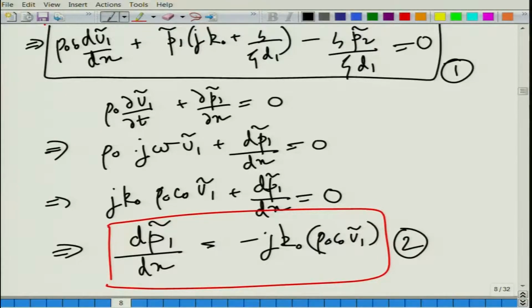Now, so far things have been quite clean, manageable, a clean derivation. Mean flow velocity in the airway has not been considered, because we are considering a stationary medium to bring out the effects of this variable area duct and not focus on the mean flow effects. Other thing that I want to point out is that these two equations 1 and 2 are actually the same as the one derived for a CTR. Now, the real difference lies in the outer duct.